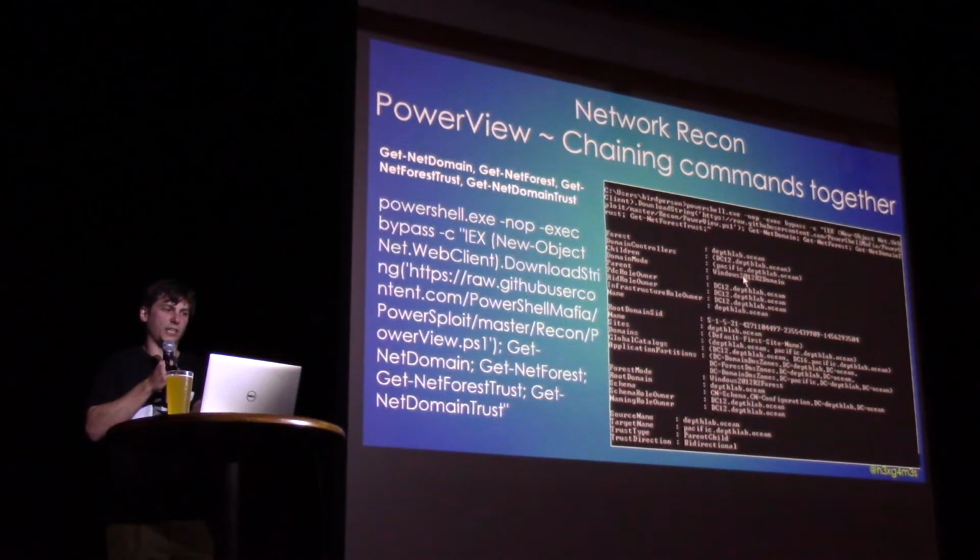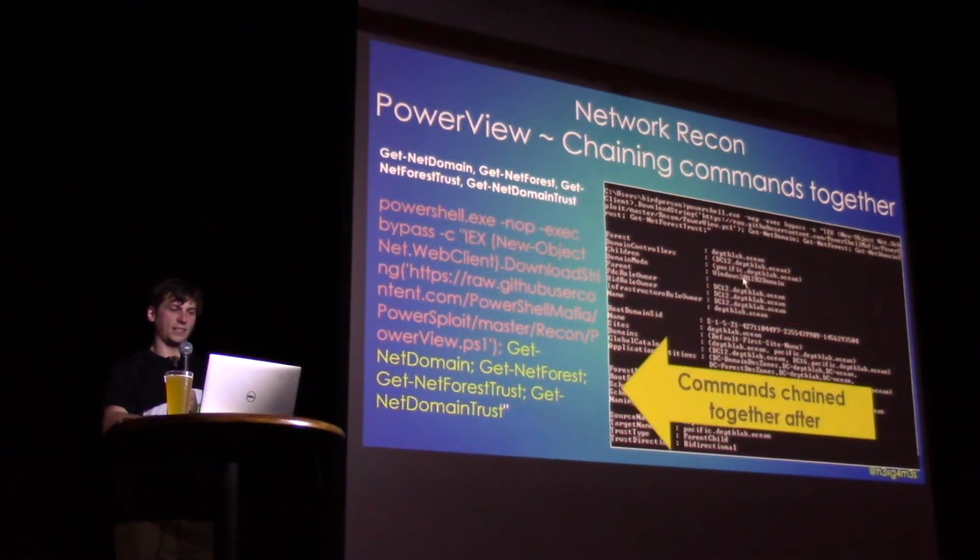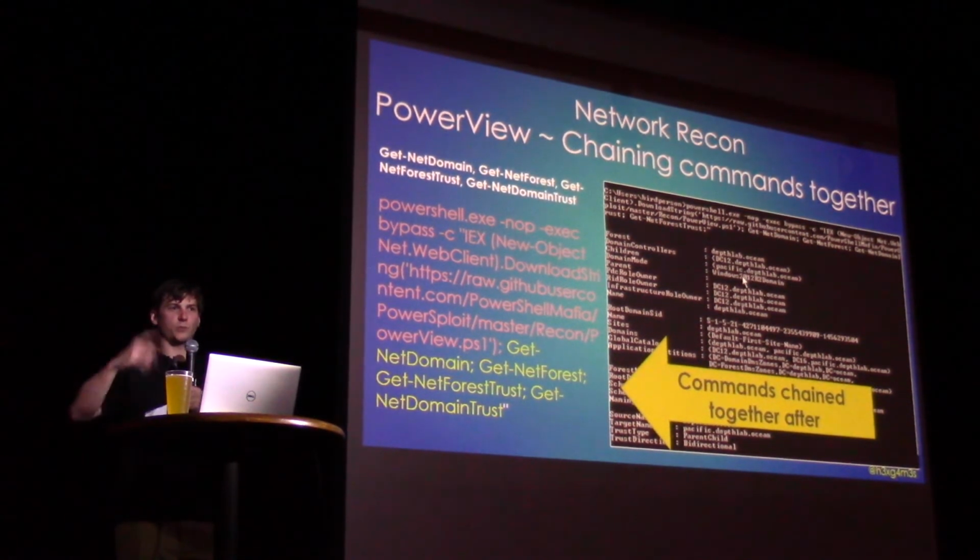So back to chaining the commands together: you basically use this cradle to pull in the PowerView script, and then in the second half, separated by colons, are your Get-NetDomain, Get-NetForestTrust, and Get-NetDomainTrust. That would be mapping out your current domain, any other domains in the forest, and which way the trust directions are going. I won't really cover